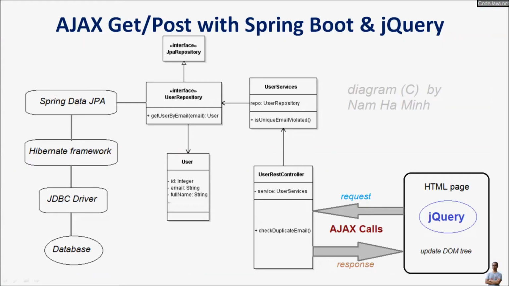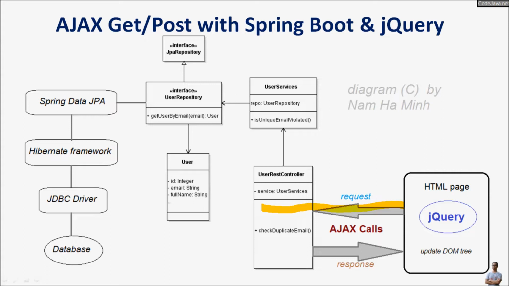I drew this diagram to help you understand how to use jQuery to perform AJAX calls for HTTP GET and POST requests in the context of a Spring Boot application. You see, on the server side, in the controller layer, we need to have a REST controller, which is a RESTful Web Services controller that exposes a method which is invoked by the client. The client is the web browser. In the HTML page, we use jQuery to make an AJAX call, an HTTP request, to the server, and the REST controller will